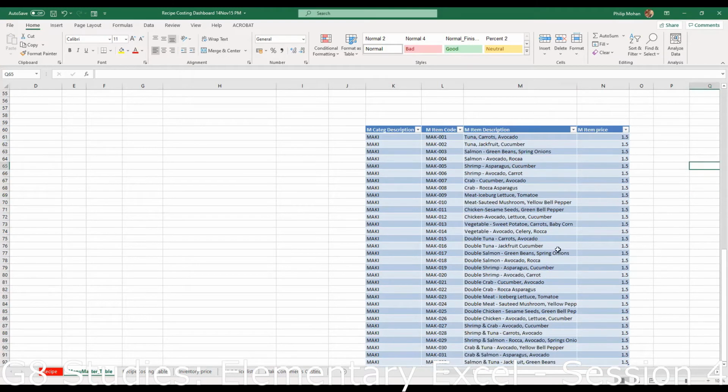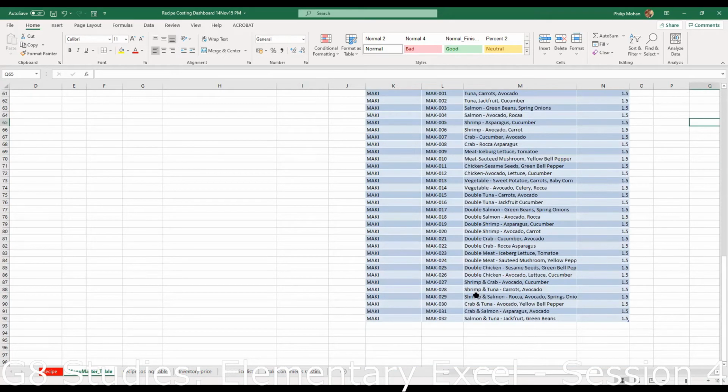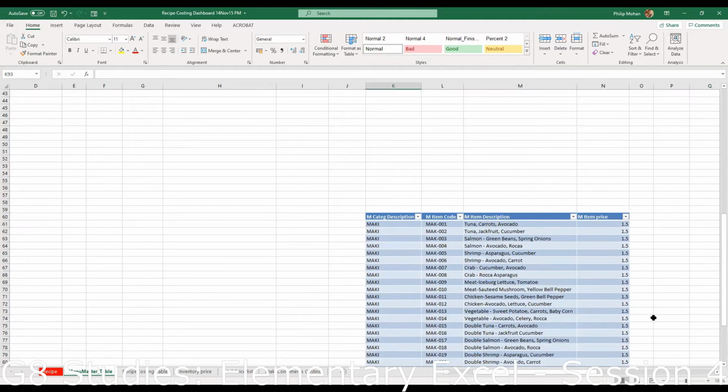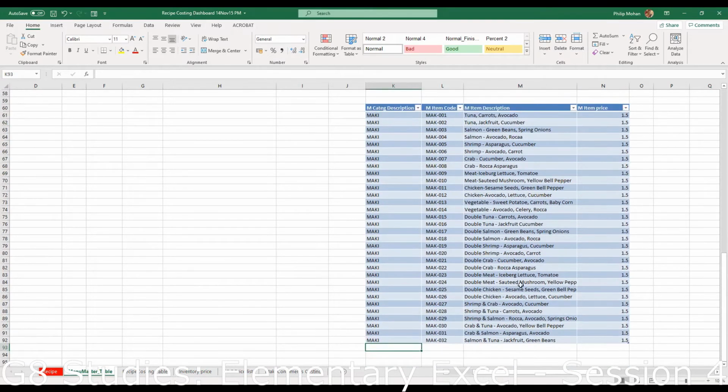Okay, now what happens now is this has become a table, and you want to keep adding, right? Maybe the chef comes and says, Ajit bhai, I just brought another 7 new marquee items. I need you to add them to your master file. Normally you would go and say marquee MAK 33, blah, blah, blah, whatever the name is, and the price. It's all the same price anyway. And then you would add the other 7 like that, okay?